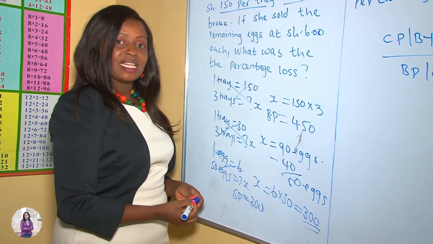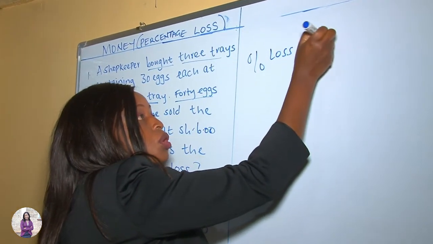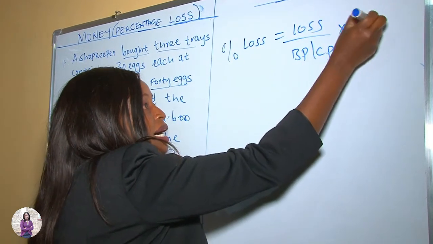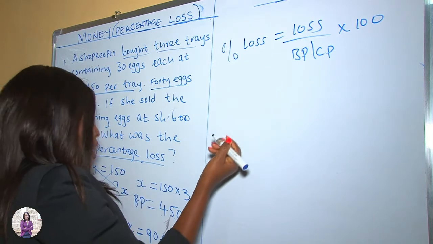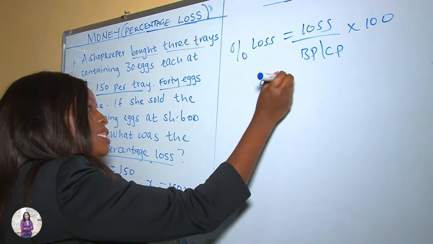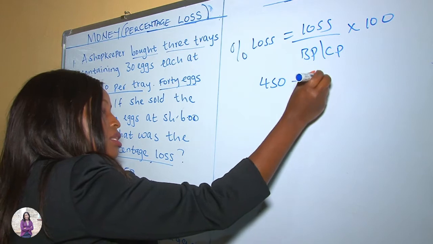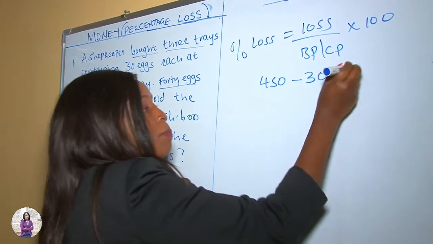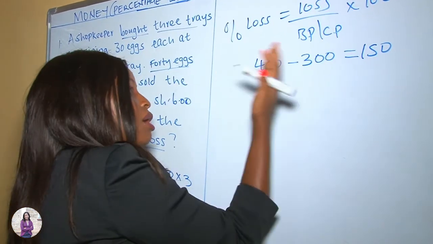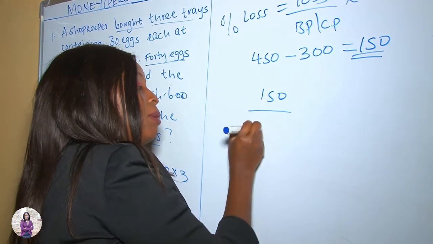Now let's get the loss. Percentage loss is equal to loss over buying price or cost price multiplied by 100. Now let's get the loss. We have been told that the buying price was 450. The selling price was 300. Therefore, our loss will be 450 minus 300, which is 150. Now, to get it as a percentage, this is our loss now, so loss over buying price